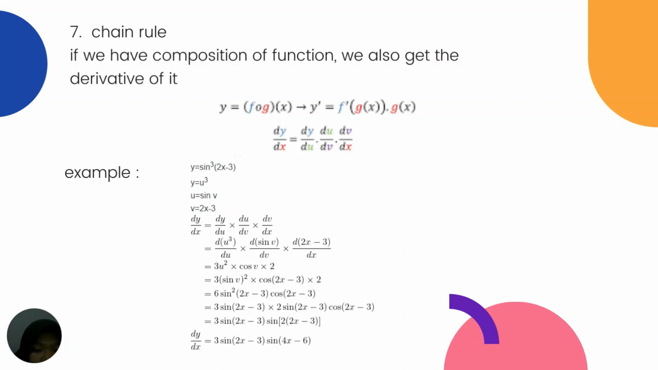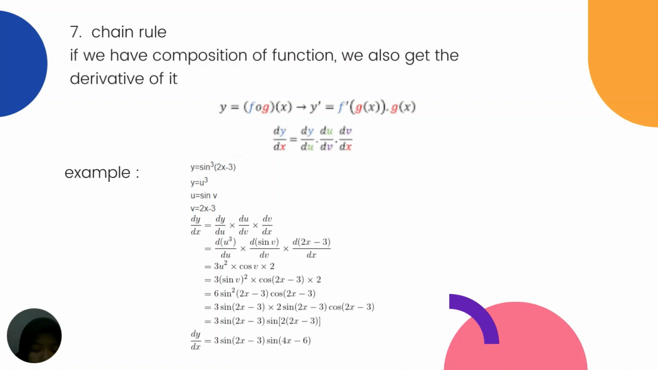Okay, we get d/du of u to the power of 3 times d/dv of sin v times d/dx of 2x minus 3, and then we get 3 times u to the power of 2 times cos v times 2, and then we substitute u and v, and then we get 3 times (sin v) to the power of 2 times cos(2x minus 3) times 2, and then we get